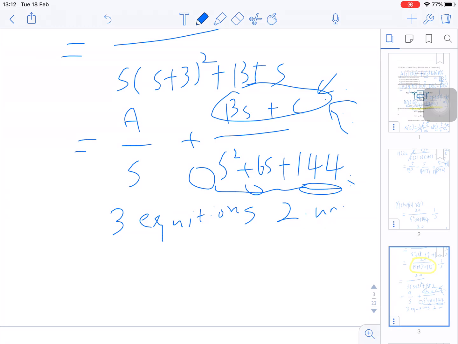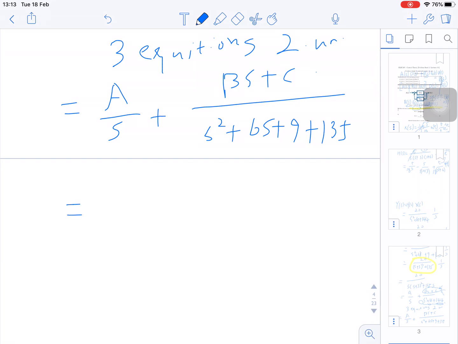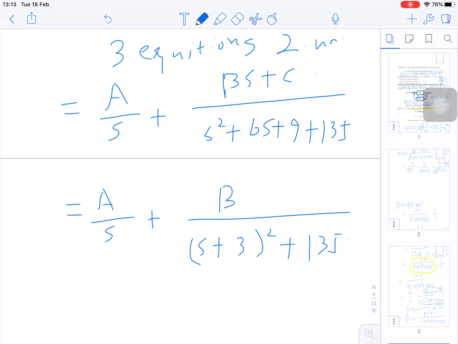So in order to do that, we are going to differentiate s squared plus 6s plus 9 plus 135 and bs plus c, which is going to a divided by s plus 3 squared plus 135 and bs plus c. So now what we have, that's a very interesting part. So the first thing, in order to find out the, we need the